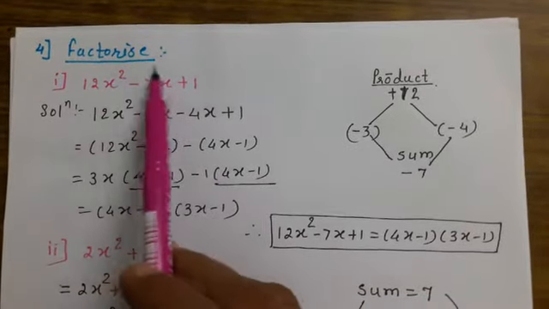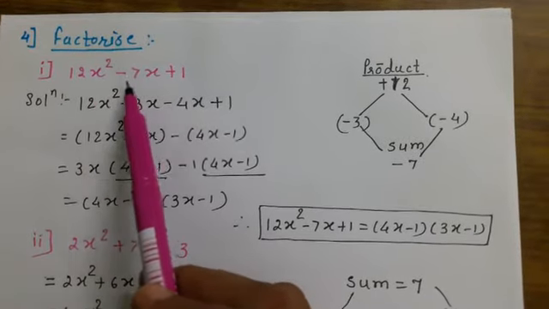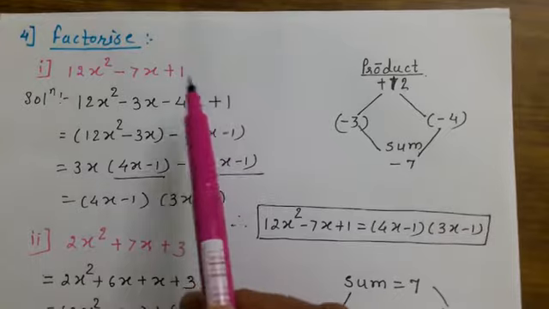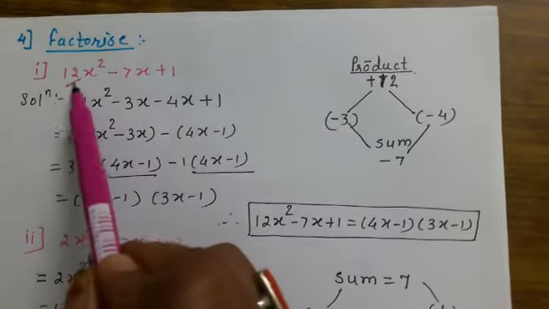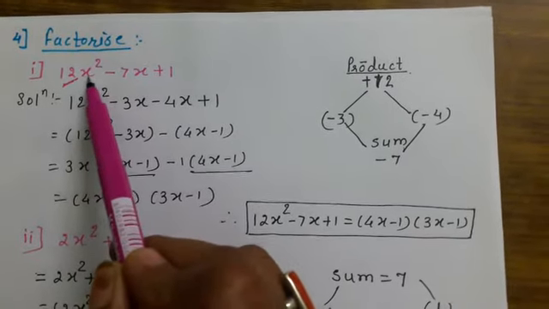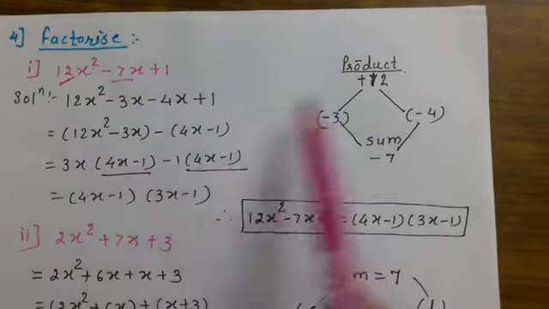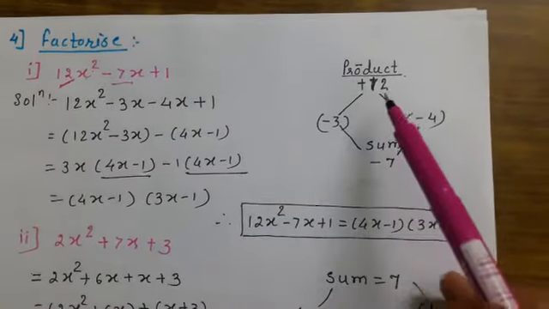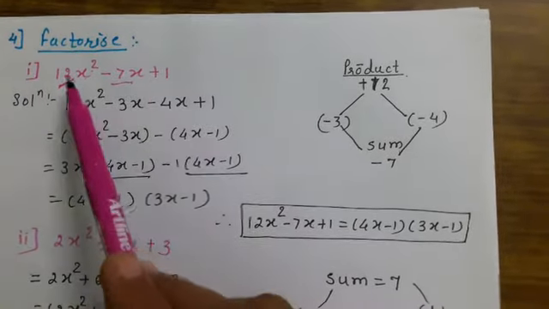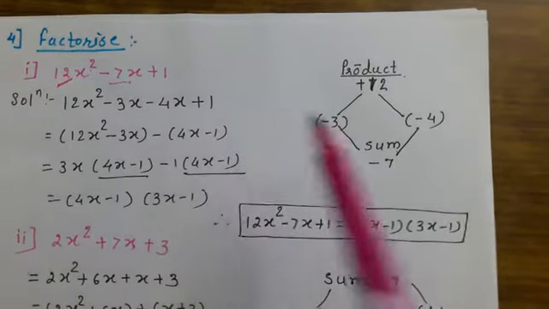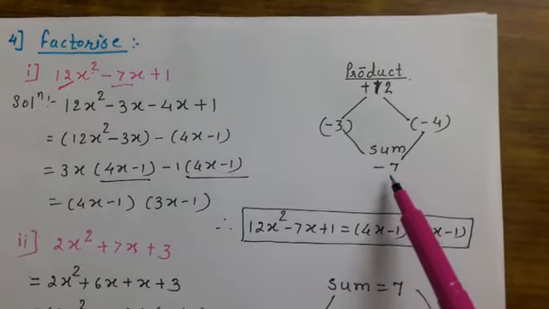Fourth problem is factorize. Already in the 8th standard you had factorized quadratic polynomials by splitting the middle term. But maybe in that class the x square coefficient was 1. But in this problem they have given the coefficient of x square as 12. So everyone knows the middle term should be the sum and the product should be the coefficient of x square times the last term. So what is it? Ones are 12 and it is positive. Okay, so the product is positive 12 and the sum is minus 7.